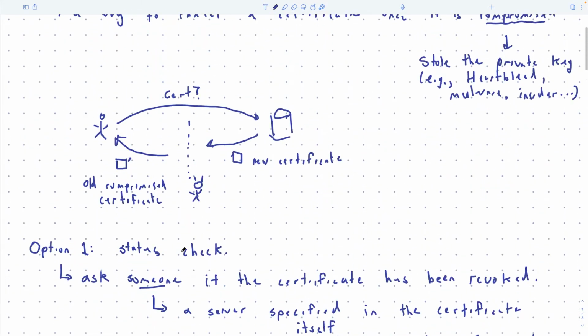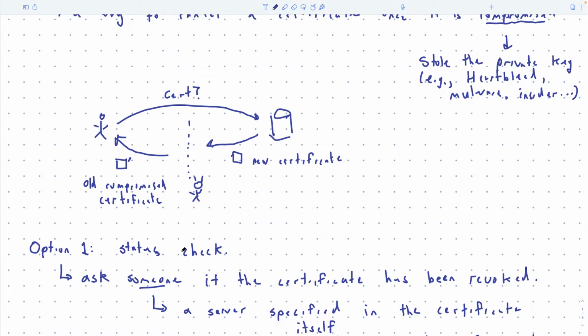Okay, so let's go back and look at this picture. Let's say you're the adversary, you're in the middle. So this user goes to the website and they say, what's your certificate? And you, as the adversary, have a compromised certificate, okay? Now you're kind of out of luck because the website went and revoked that certificate and they got issued a new certificate, okay? So you're sitting in the middle, and the user asks for the certificate, the website sends its new certificate, and you're going to drop into this connection the old compromised certificate. But now your problem is that it's revoked. Okay, so you shouldn't be able to get away with it.